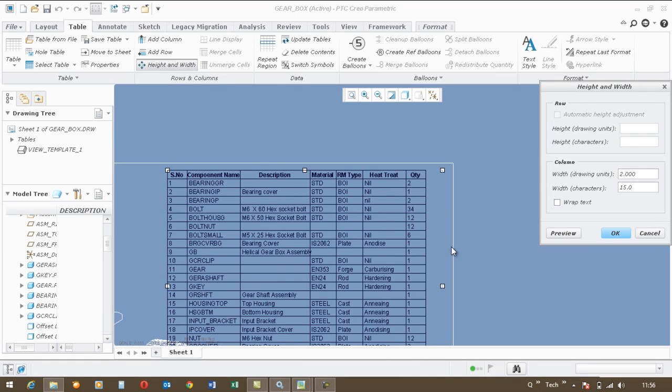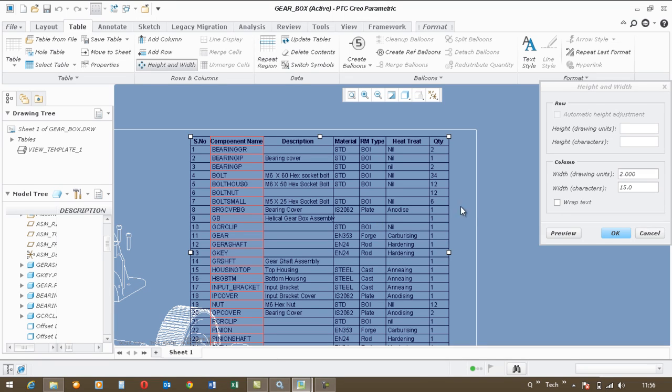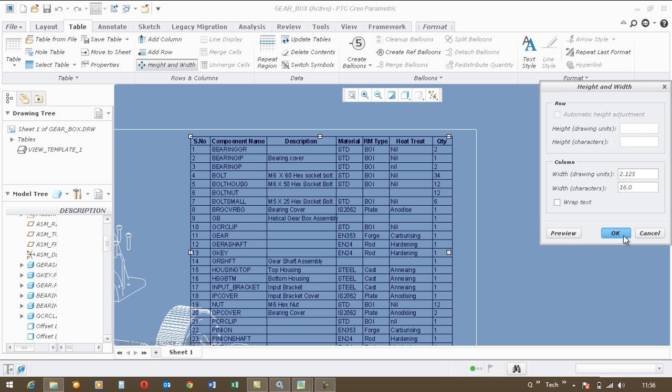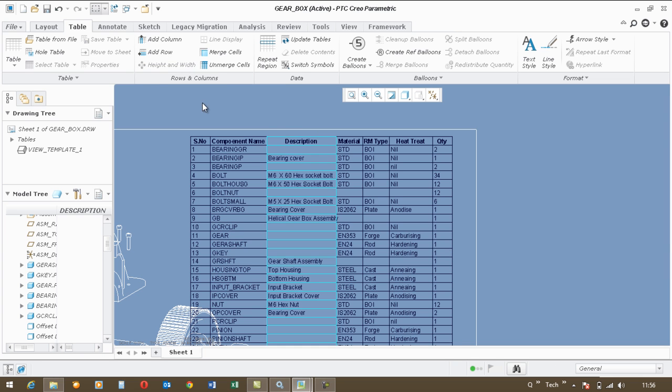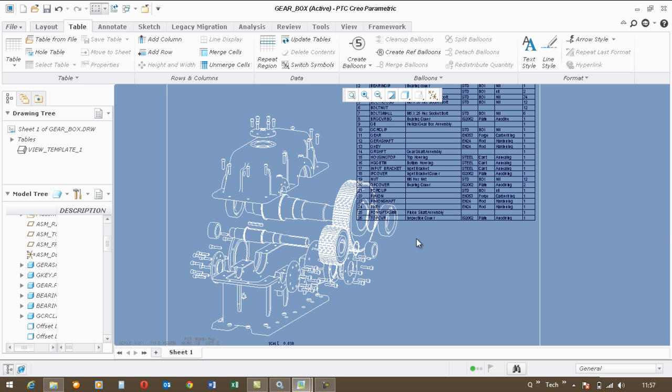Remember, you can do all these cosmetic changes as per your wish at any point of time after creating the table. I mean, modifying the fonts, modifying the width, height. These kinds of cosmetic enhancements can be done at any point. So now we are done with all the cosmetic corrections we want to do.